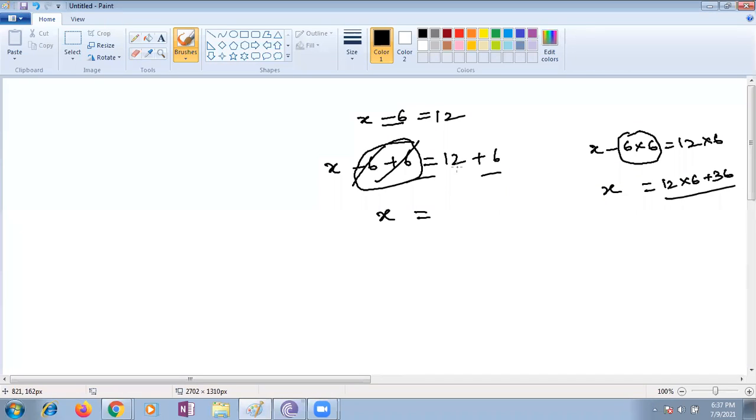So listen, children. In your balance, there are 10 kgs on the left side and another 10 kgs on the right side. So this balance is balancing. If I put 5 more kgs on both sides, is it balanced? Yes, ma'am, it's balanced. That is the thing I'm doing.